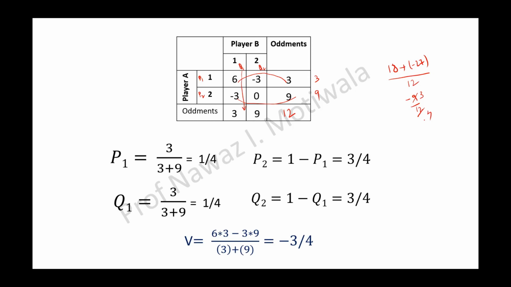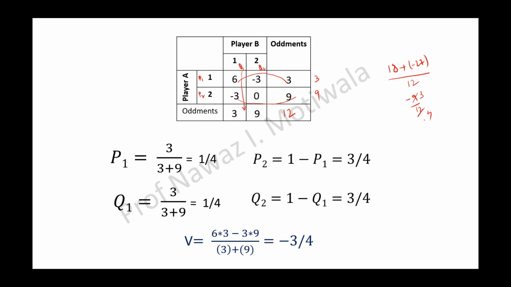So I hope you are understanding this principle of dominance and our regular method. What is the principle of dominance giving you? The principle of dominance is just helping you convert the n by n game to a 2 by 2 game or a 1 by 1 game. That's it. It is just helping you convert the high number of games into either a 2 by 2 game or a 1 by 1 game.